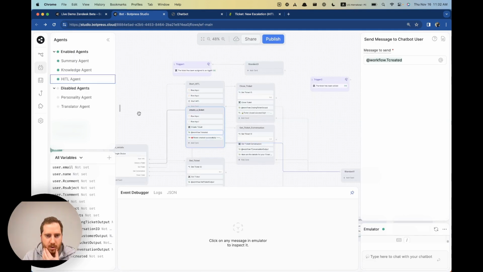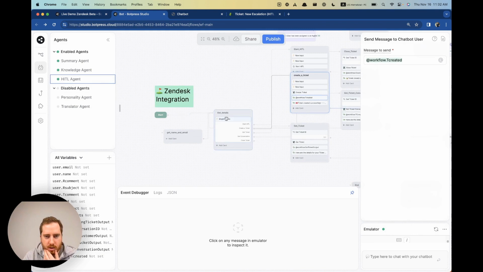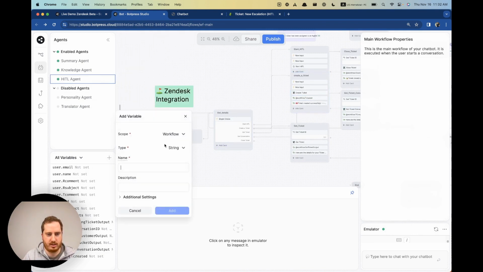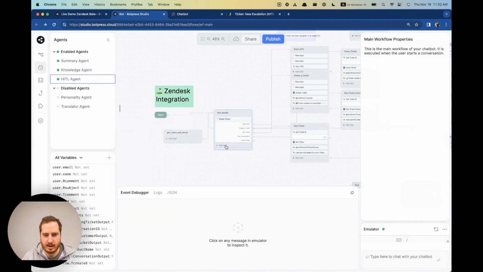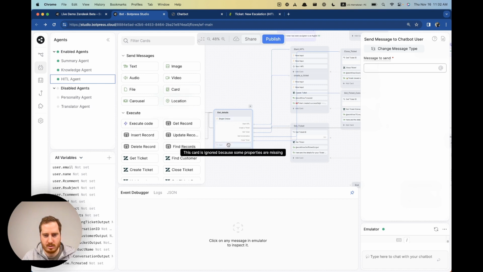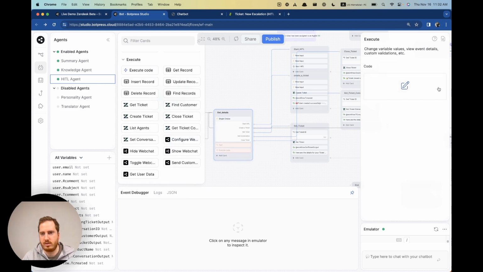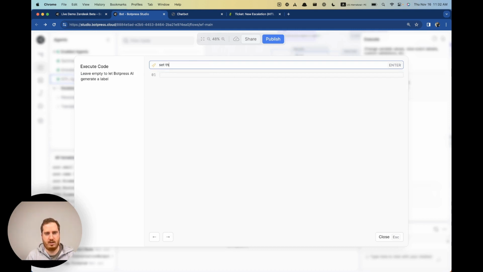Why not? So I am going to, I'm not going to ask the user, I'm just going to set it. So create a variable called product name, and I will set, oops, no, it's text. I will execute code, and I'll say set product name to keyboard